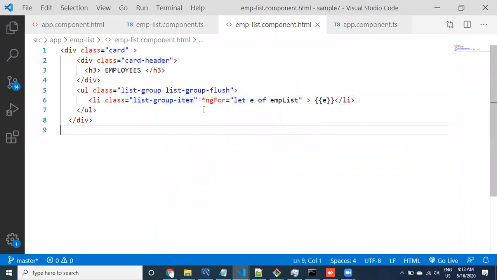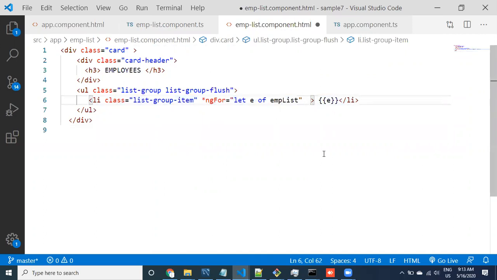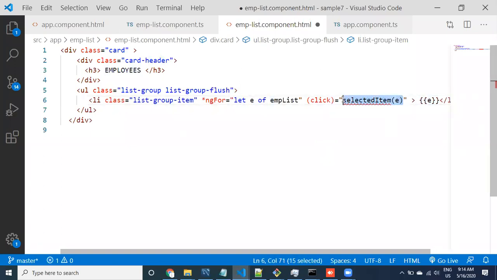Within this list item, when the user clicks on it, you can apply click and provide a method. What method? Selected item. You can pass the value, whichever value you selected, to be provided.